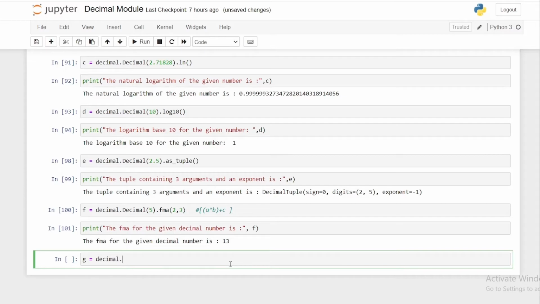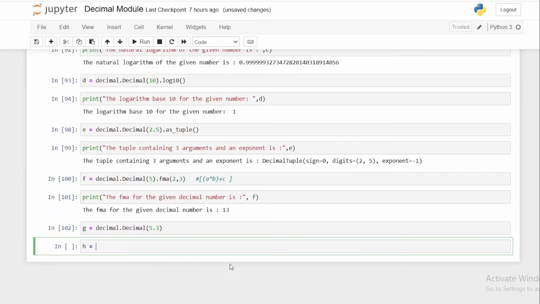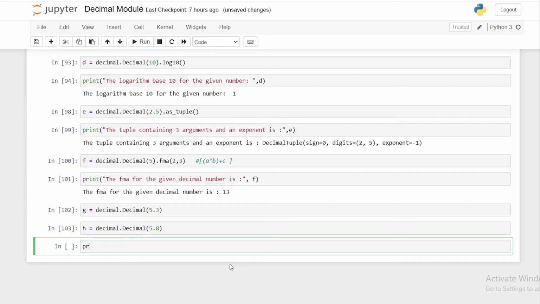The next function we're going to try is the compare function. We're going to compare two decimal numbers. The first decimal we're going to take for comparison is 5.3, and the next decimal number is, let's say, 5.8. We're going to print 1 if the first decimal argument is greater than the second, and if the first argument is lesser than the second decimal number,